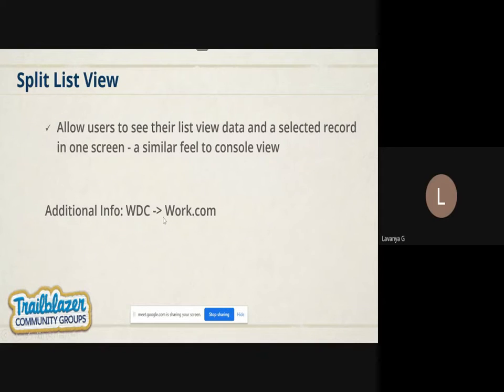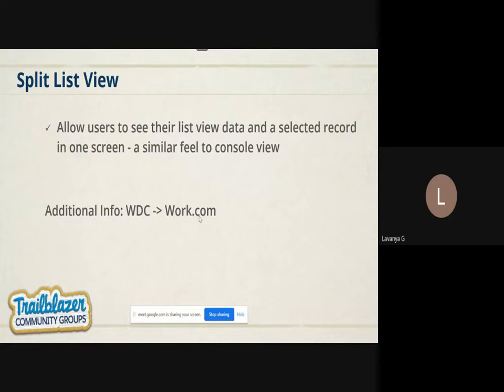Another change on work.com is the package. The entire package is renamed as WDC. It is no longer work.com. So you cannot find the work.com name anywhere inside Salesforce.